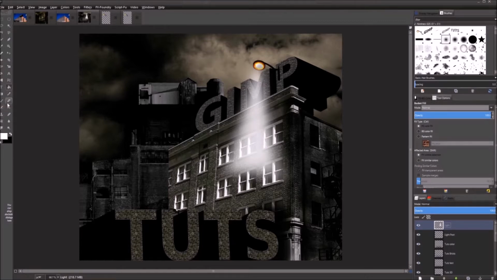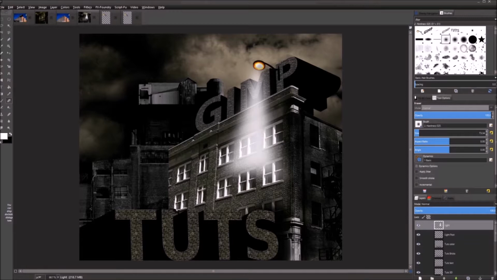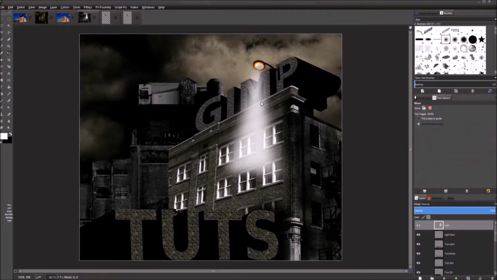And now we are going to take our eraser tool with a soft brush and a decent size, and we are just going to make this not so triangle looking, making sure that I'm just clicking on the outside of it here, just to give it a little bit different shape there at the bottom. Now press the move tool, and we are going to move this